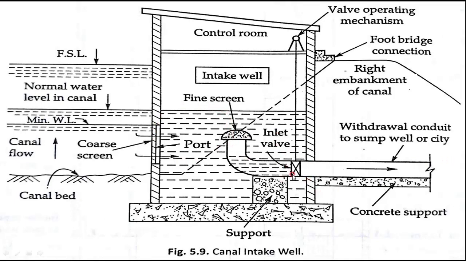Here you see the inlet valve is there. Inlet valve means if you don't want water, then you can close it. If you want water, then you can open it. Then how to open? You cannot swim inside and open it. No, you need to operate it from the top. With the valve operating mechanism, stand here and operate; don't jump and swim to operate that valve. Okay, now one thing you need to understand: if the water level is this or more than that, only then will water enter inside and come out. If the water level is lower than that, you won't get it. Therefore you fix this level based on your requirement, based on the minimum water level in the canal. Understood? Okay, this is your canal intake.